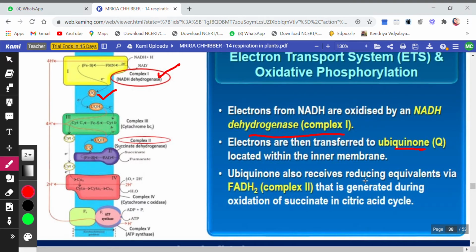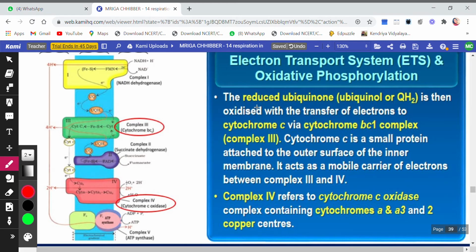So ubiquinone also receives reducing equivalents via FADH, that is the second complex. This is generated during the oxidation of succinate in the citric acid cycle. So ubiquinone is also receiving reducing equivalents from FADH2. Okay, so ubiquinone is receiving electrons from NADH. You see, this is NADH. So electrons are being received from NADH and electrons are also received from FADH2. So this ubiquinone is getting reduced, and see here, the reduced ubiquinone, that is ubiquinol or QH2 here,